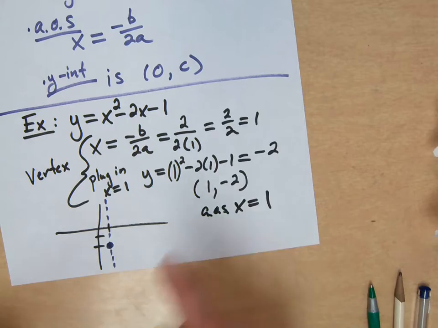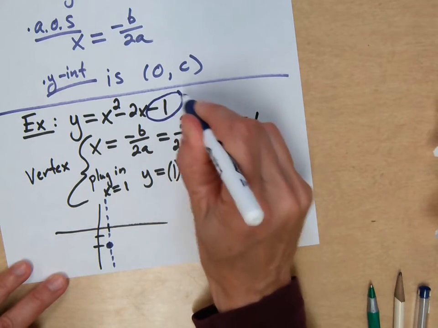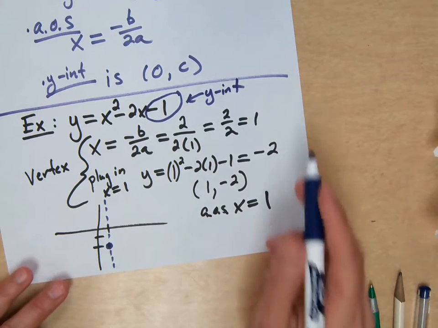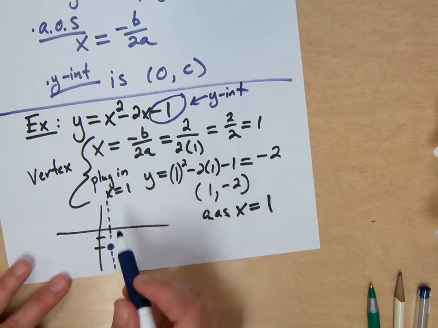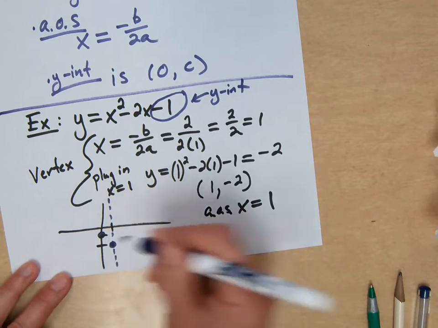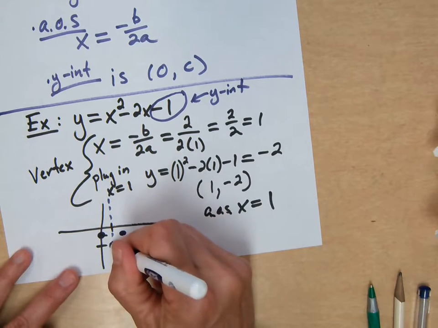And then we just use the y-intercept, it's right here. This constant is the y-intercept. So I'm just going to graph that. On the y-axis, negative 1 is one of the points, and so I get to reflect it over on the other side. And there's my